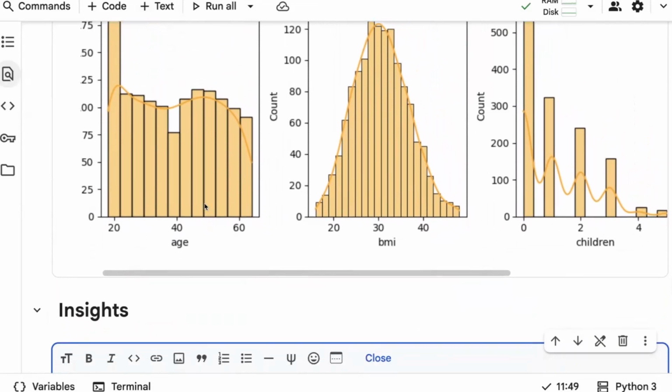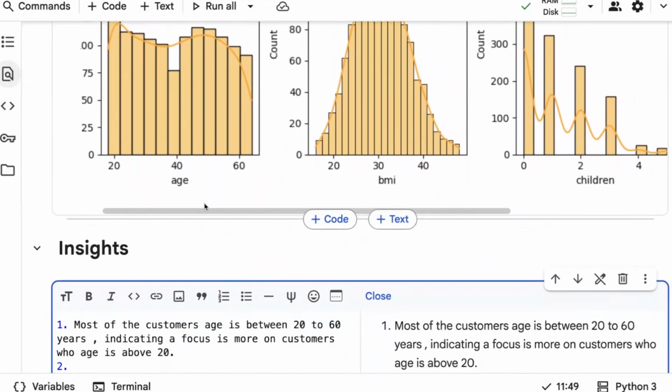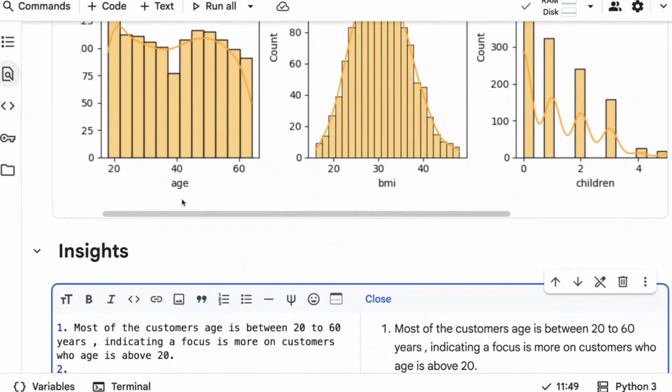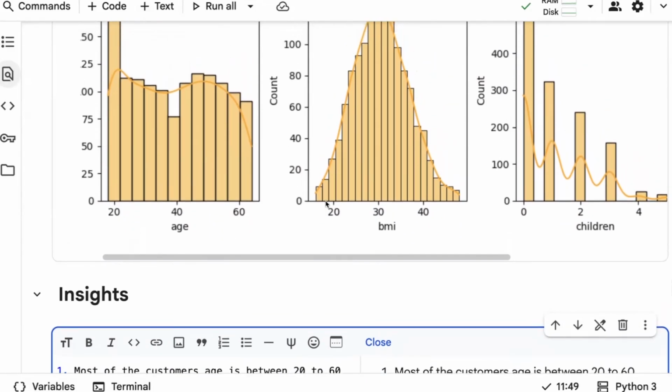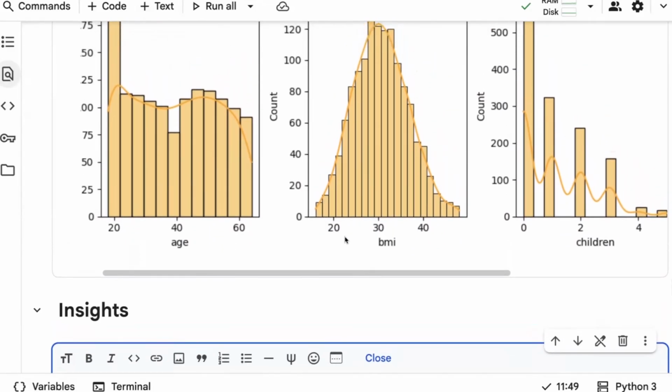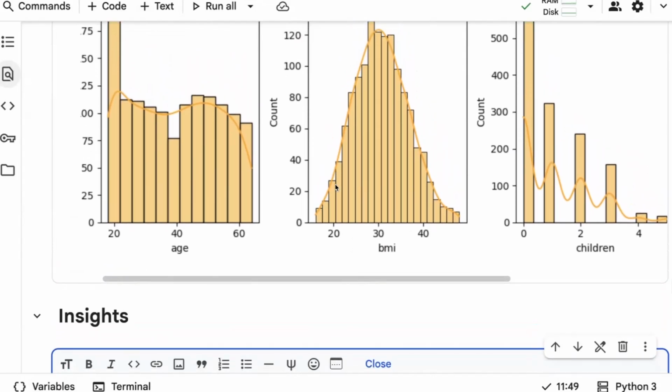In the case of age, the maximum customers' age was between 20 to 60, and it's not normally distributed; you could see something like a uniform distribution. But BMI ranges between 20 to 40 and is clearly exhibiting a normal distribution. If you draw a line at the middle, you can see equal distribution towards left and right.